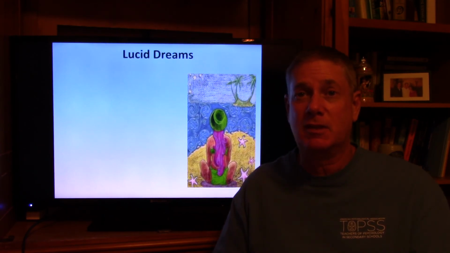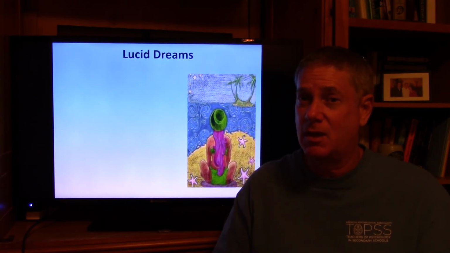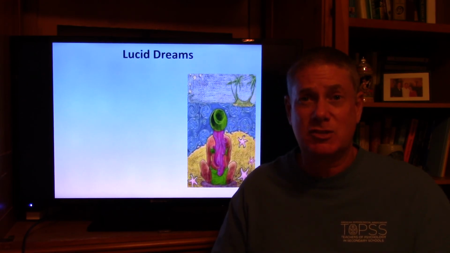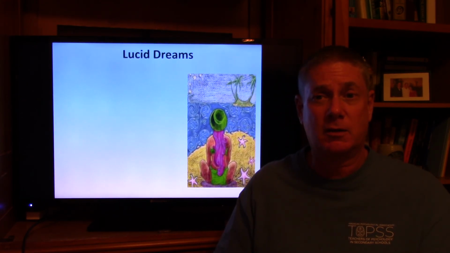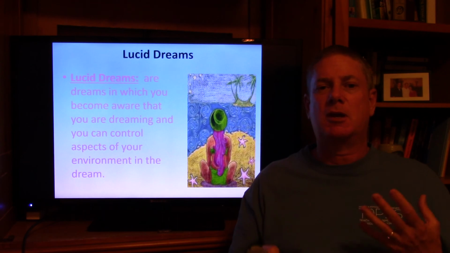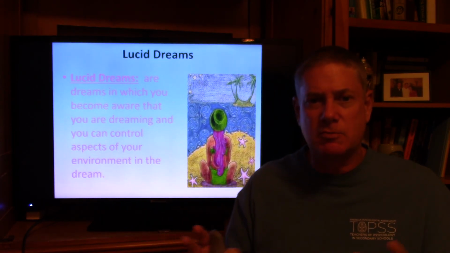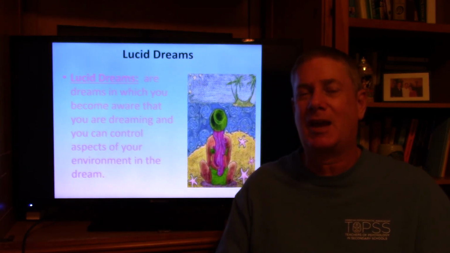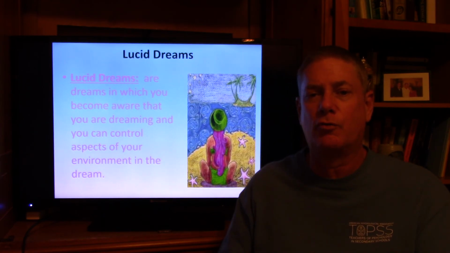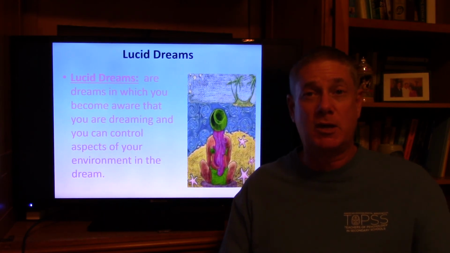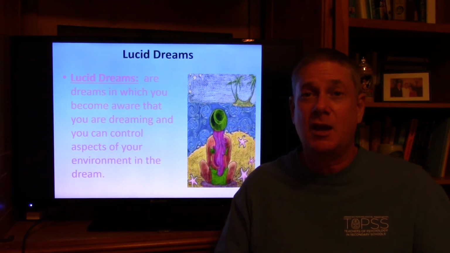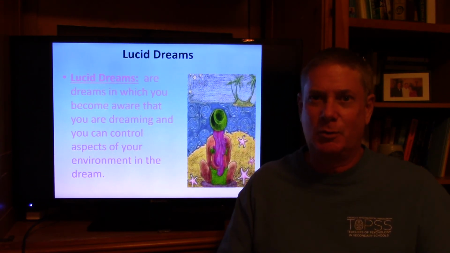Now, in the movie, the answer is yes, but it's kind of creepy. In real life, the answer is yes, and it can be very empowering. Let me explain. Lucid dreaming is where dreams are dreams in which you become aware you're dreaming, and then you can learn control over them in your dream. Now the way you do this is you need to purchase a set of lucid dreaming goggles, which you can get off